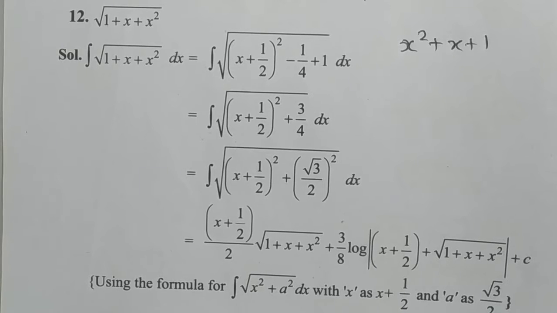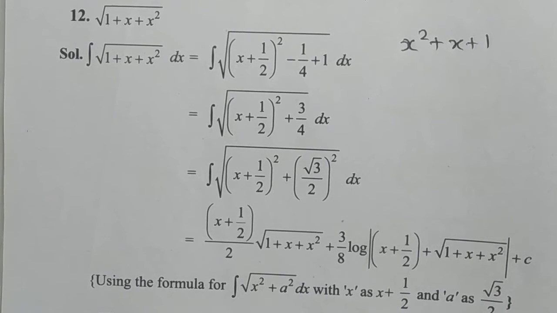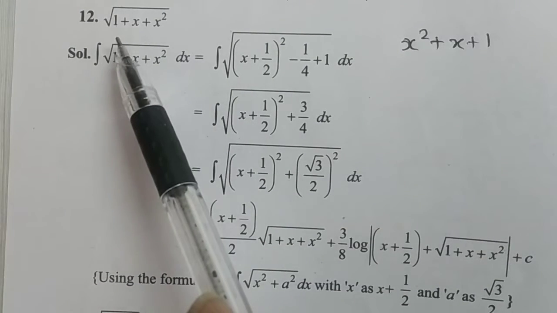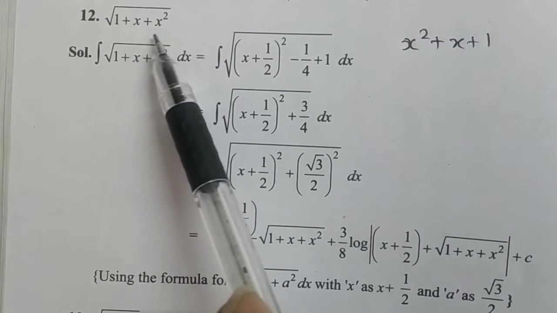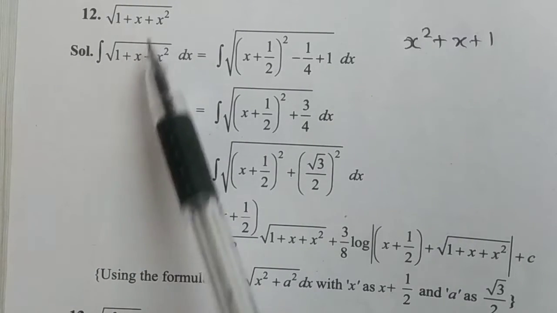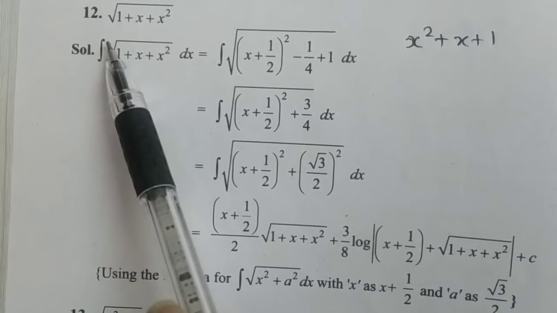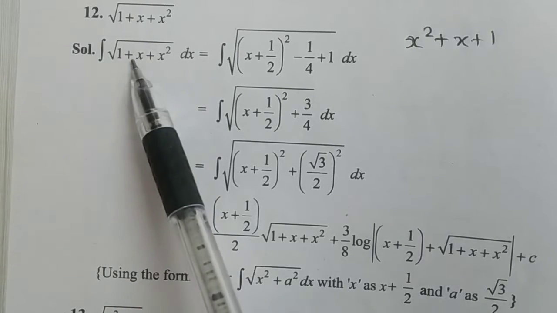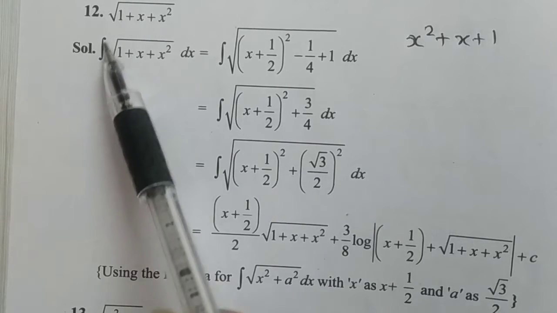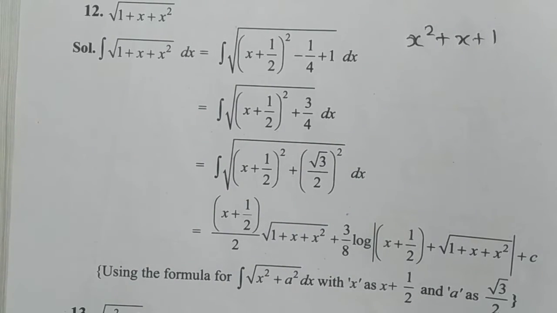Good morning students. Today in class we are discussing Unit 2, Integral Calculus 1, Exercise 2.7, Question number 12. Integrate the following function with respect to x: square root of 1 plus x square. So find the integral value for the given function. It is given as the integral of square root of 1 plus x square dx, to find the integral value for the given function.